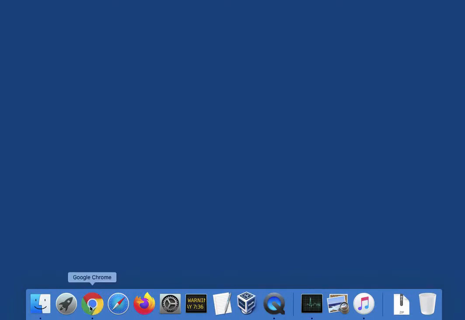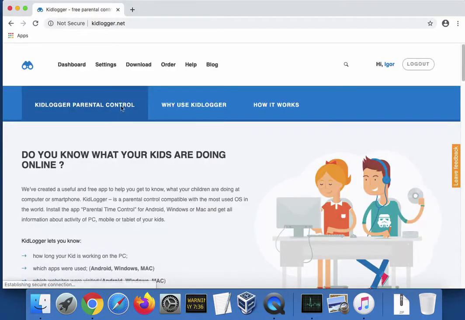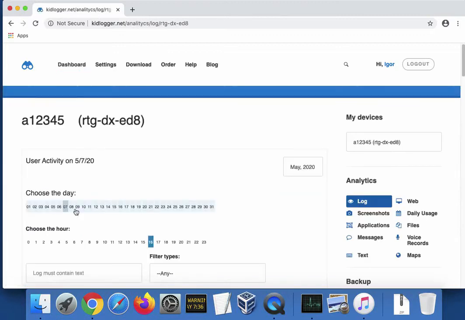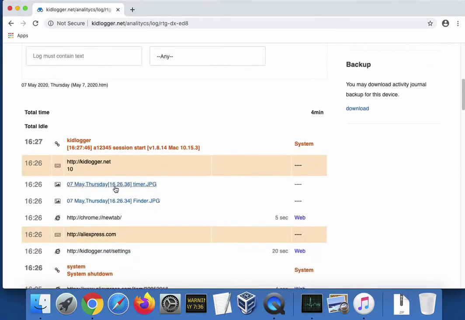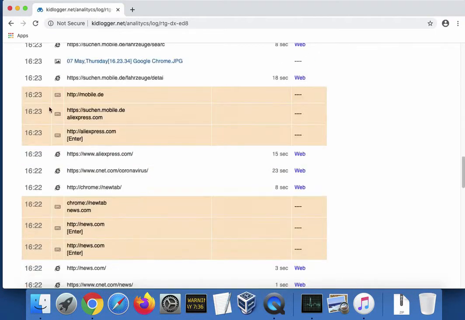Well, we logged out and logged in, and let's launch Google Chrome again and see what's new on the kidlogger.net site. Look at this, the keystrokes that we typed in the address field appeared. When we were on mobile.de, we typed aliexpress.com in the address field.